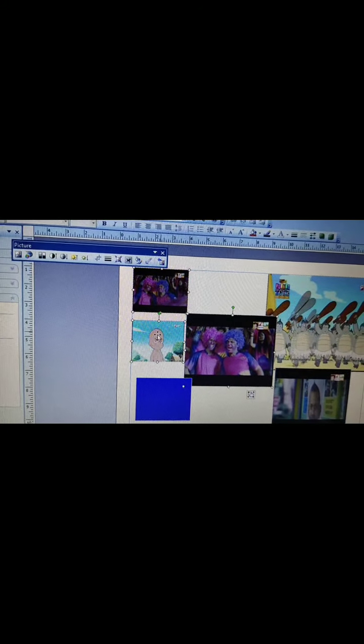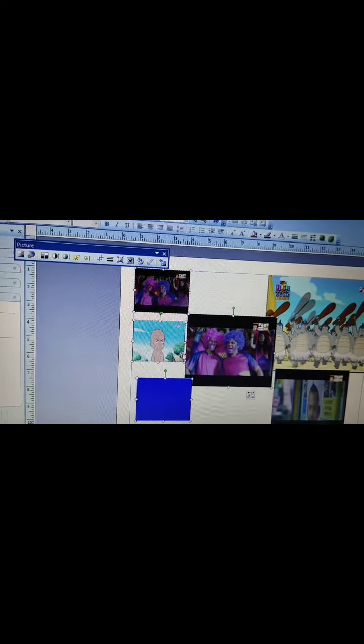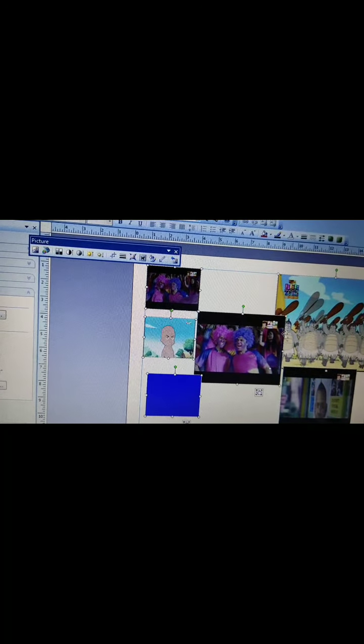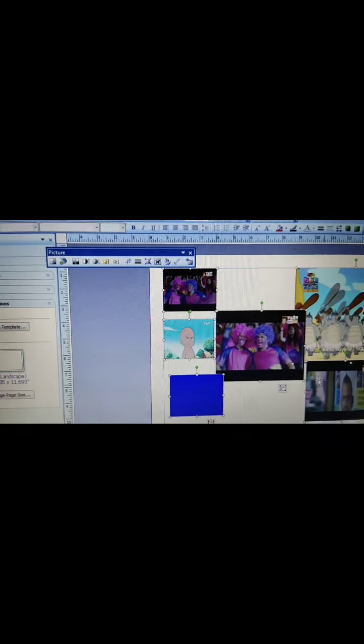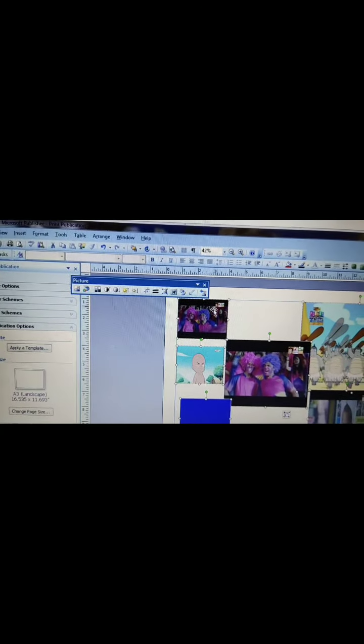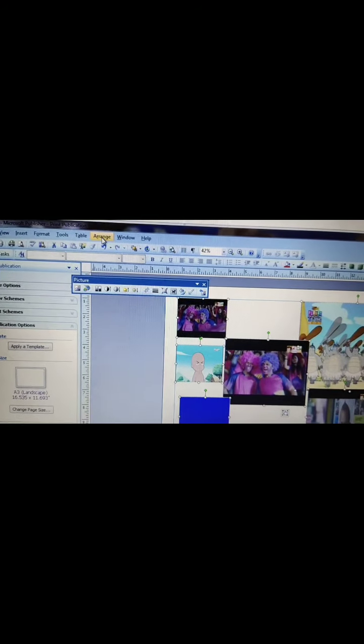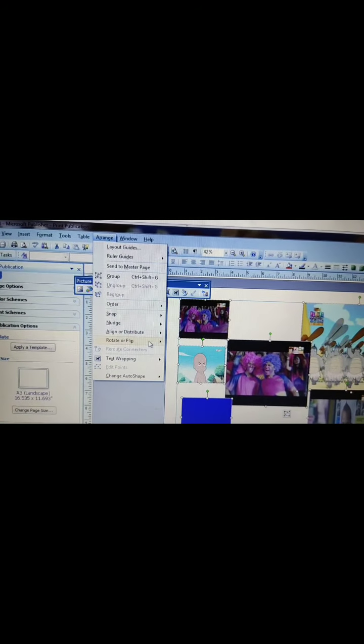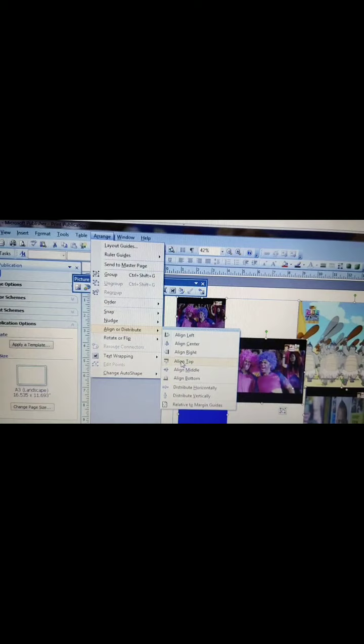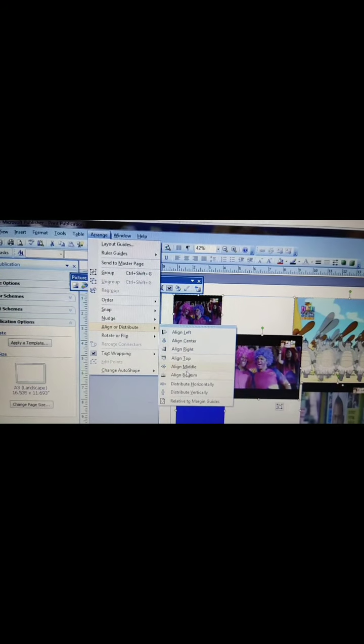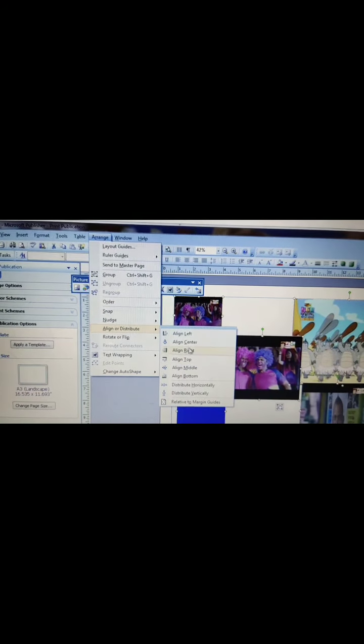Shift, you have to select all. You can go to Arrange, then you can go to Align. Now here see, this one also you can align if you want.